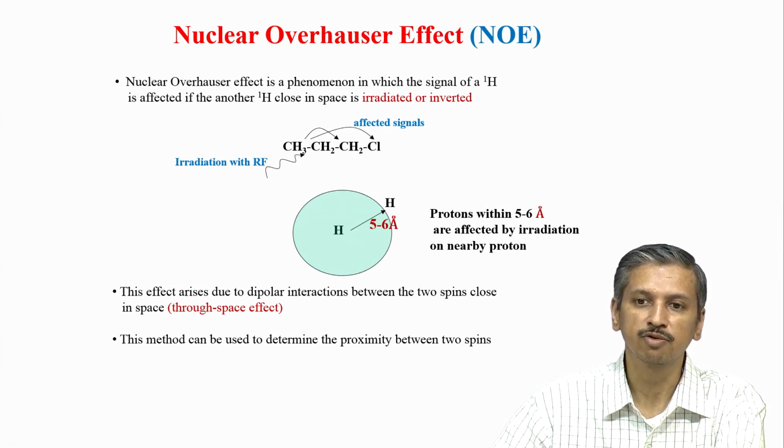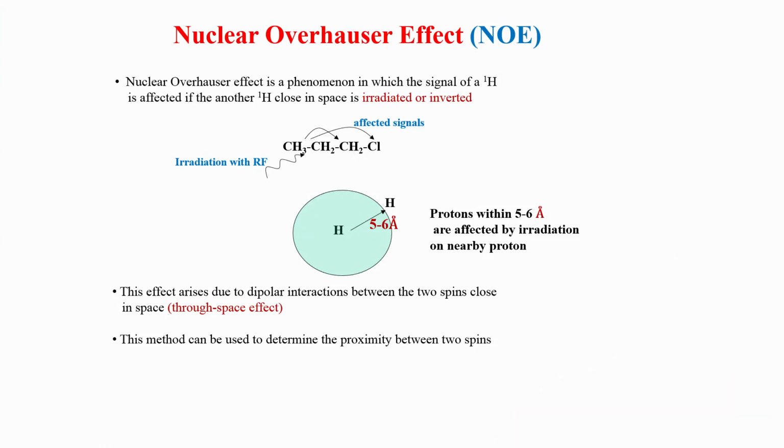There are different variants of NOESY experiments, a 1D NOESY, 2D NOESY, a transient NOESY, of which we will see only 2D transient NOESY in this course, because that is the NOESY experiment which is very useful for analyzing the structures of biomolecules. And one word before we end this class today is that it is basically the dipolar interaction. So, remember TOCSY and COSY were through bond interactions, and NOESY and ROESY, which will also come soon, rely on through space interactions.